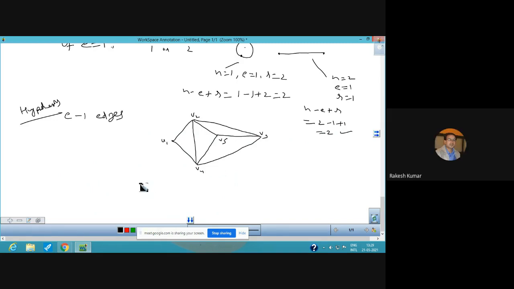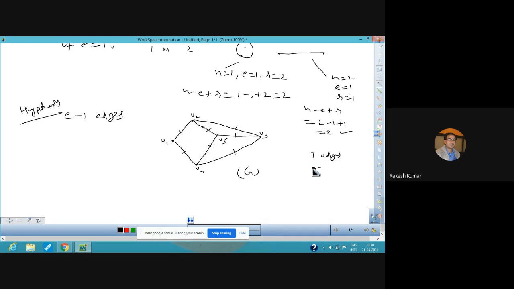if we add one new edge, suppose, wait, one minute. Suppose this edge is not there in our graph. There is no edge of this type joining V2 and V4. Now this is the graph actually. And now you see the number of edges are 1, 2, 3, 4, 5, 6, 7. 7 edges are there in this graph G.